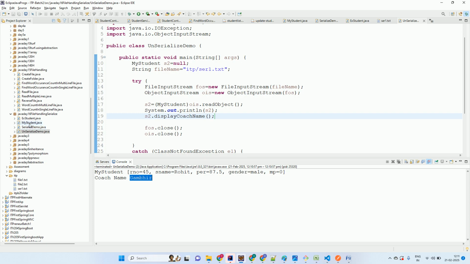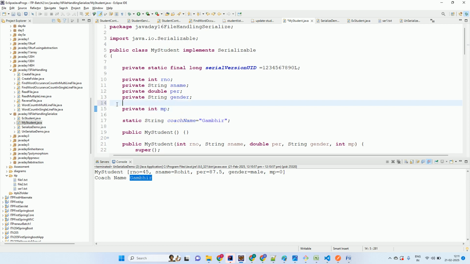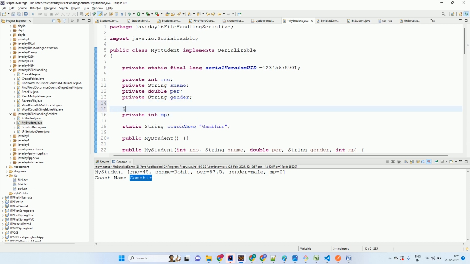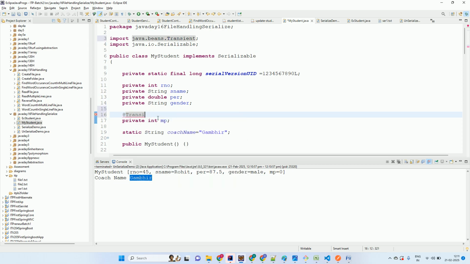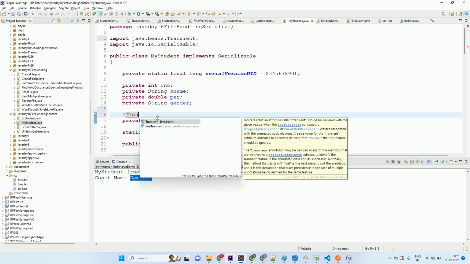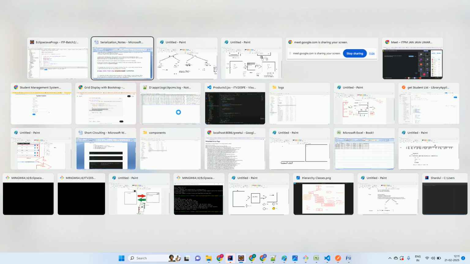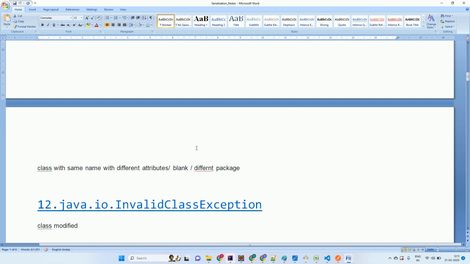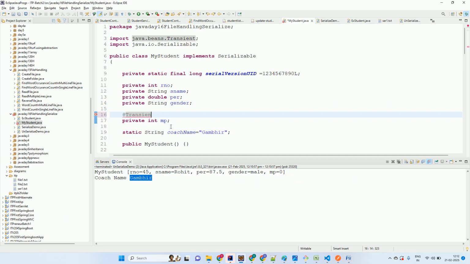If you want a variable to be an instance variable but still not to be stored in the file, then you can annotate it with at transient. क्या नोट कर दो उसको, एट ट्रांजिएंट अनोट कर दो. तो जब उसको एट ट्रांजिएंट कर देते हैं तो फिर ये डेटा फाइल में जाता नहीं है. ठीक है. ओके, एट नहीं लगाओ उसको, उसका एक स्पेसिफायर है ट्रांजिएंट. ट्रांजिएंट लगाने से क्या हो जाएगा,